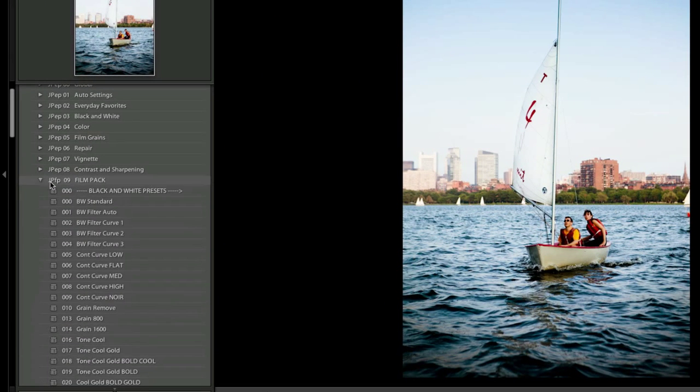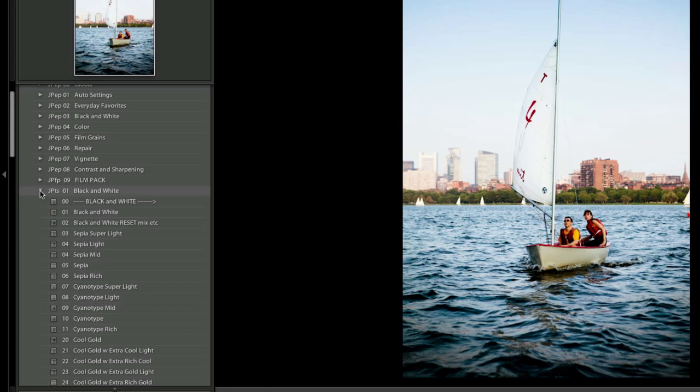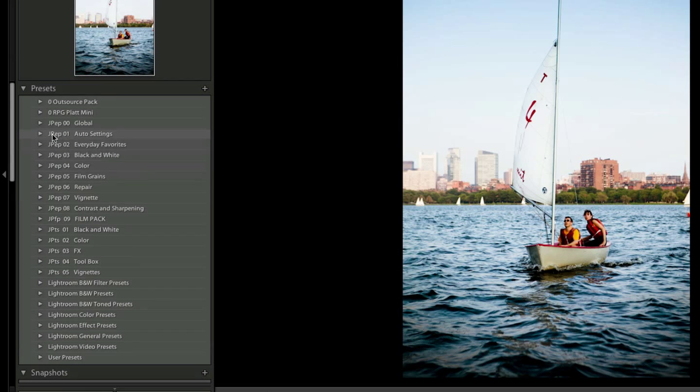The film pack is just a bunch of really cool film effects. I love film, so that's why they're there. And then the top secrets are a little bit more stylistic. Most of these, the JPEP, all of those are essential presets. They're mostly for workflow. And then when you come to the TS, the JPTS, those are top secrets. Top secret collection is very